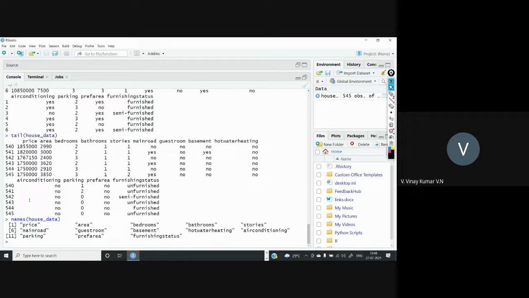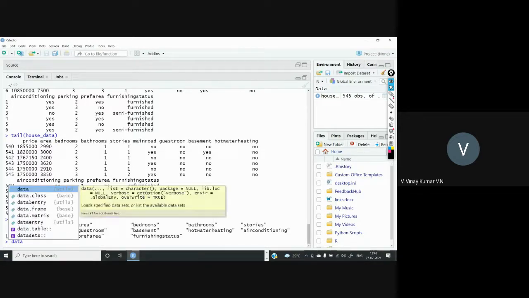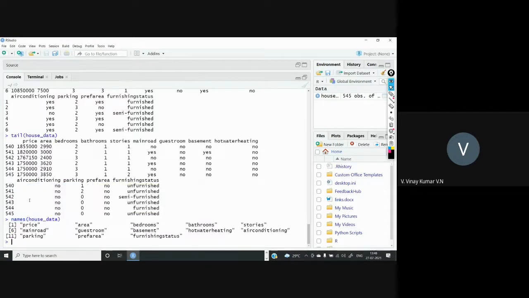If you want to see that particular record, you just mention the data. Our file name is house underscore data. In this one, which rows do you want to see? So mention those numbers. Suppose I want to see the 50th row, 100th row, 150th, and 200 to 250. I just want to see these records.